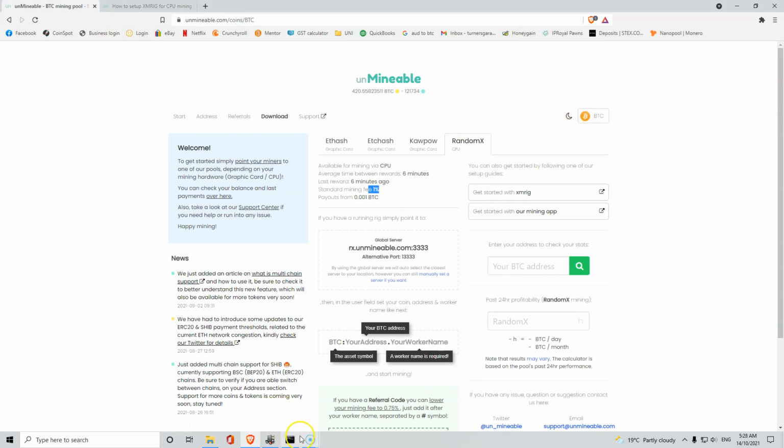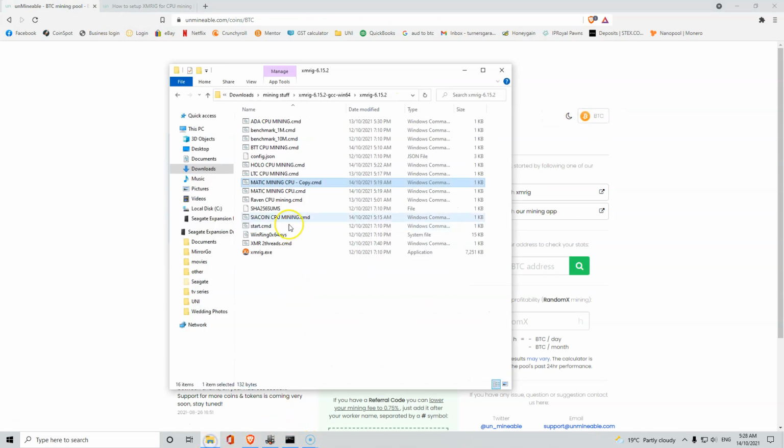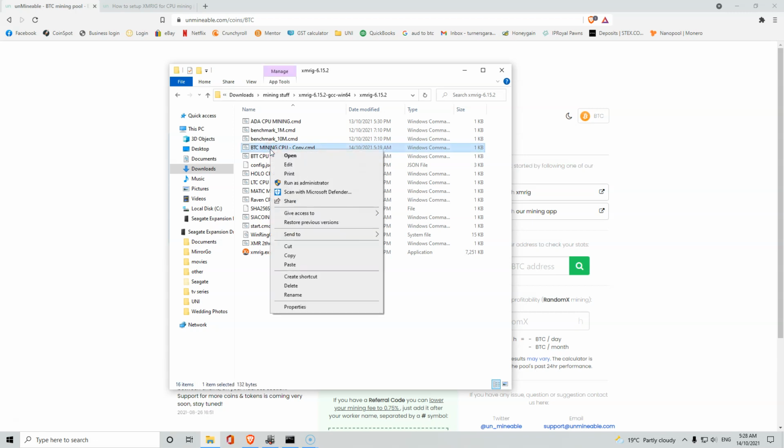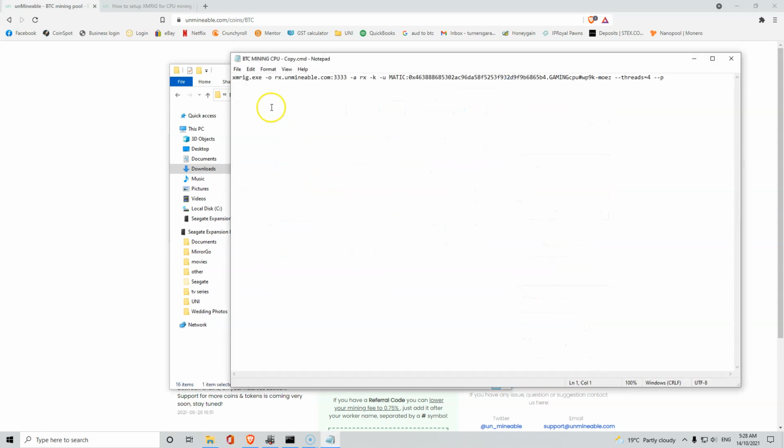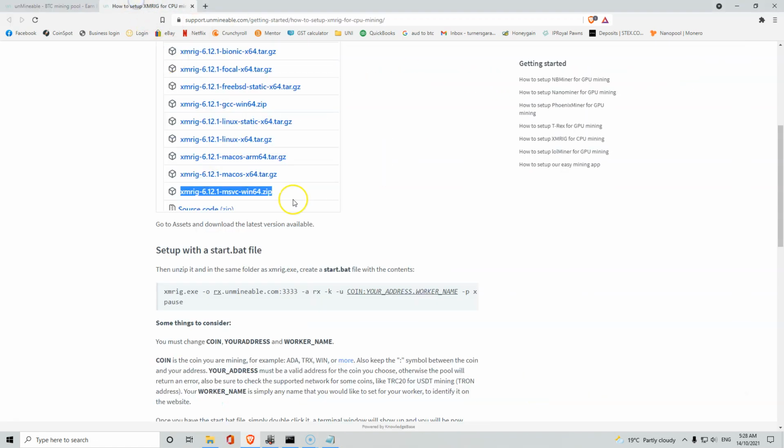So let's say we want to earn Bitcoin. All you want to do is rename it Bitcoin Mining CPU. You can call it whatever you want. I just find it easy to have it named something that I know what it is. So then if you go over here and you edit it, you can see that you've got the command up here, which is pretty much identical to this command here, without the pause and without the N. So all I do is copy from here across,